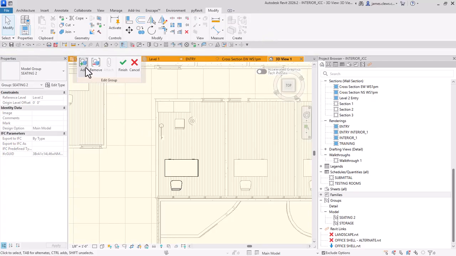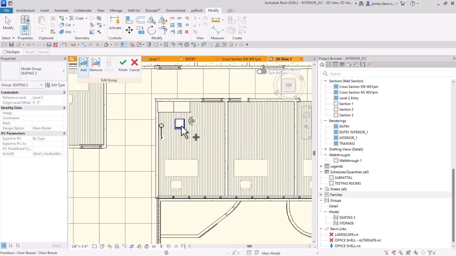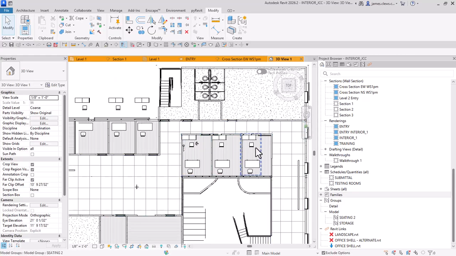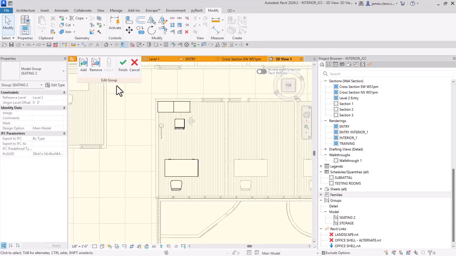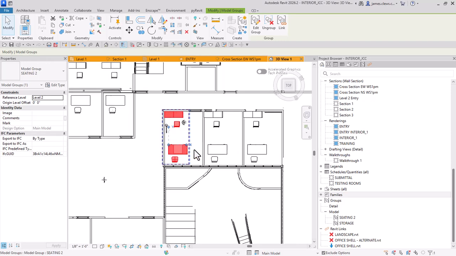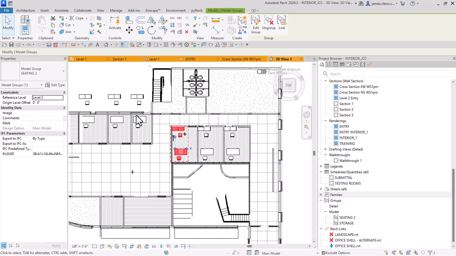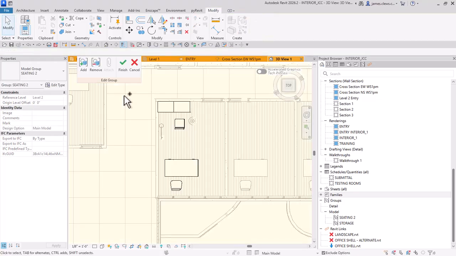those objects to it, notice that the same group is updating through my model. Okay, maybe not a good idea there because of where else I used it, but you get the idea. It's a way to populate the model quickly with something that is repetitive through the project. So I'm going to just do a Control Z and get out